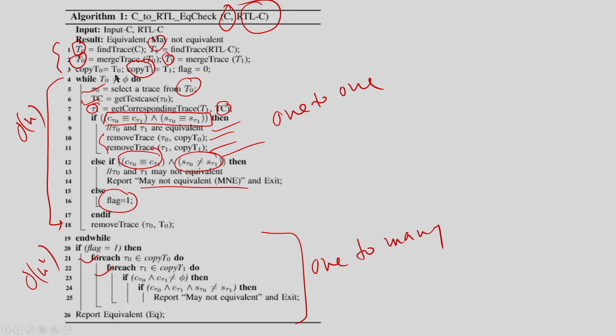In the copy of T1 I am just removing all the traces for which equivalence is found, and the traces for which equivalence cannot be found in order of n time, I will keep them into copy T0, tau 0 traces, right. So, this will go on for all traces, and for all cases where one to one equivalence can be proven, it will be done here, right. If it is not done here, the remaining traces will remain here, and for that you can see I am doing an order of n square checking.